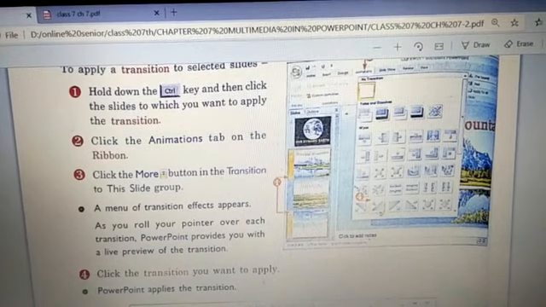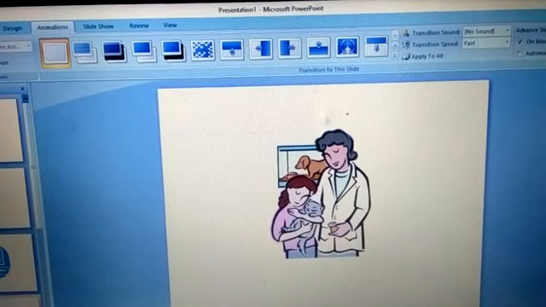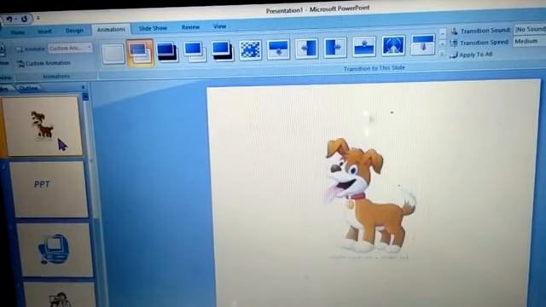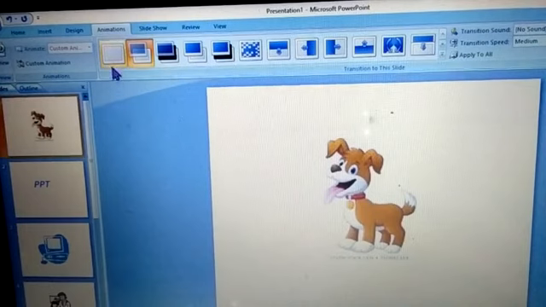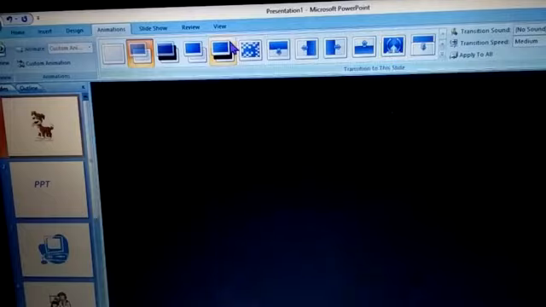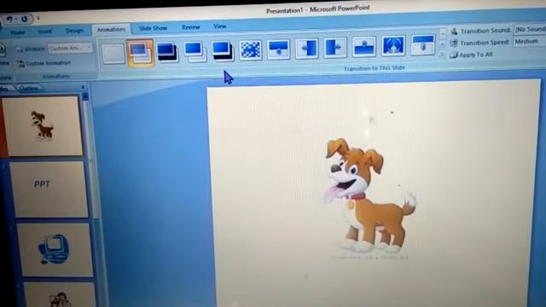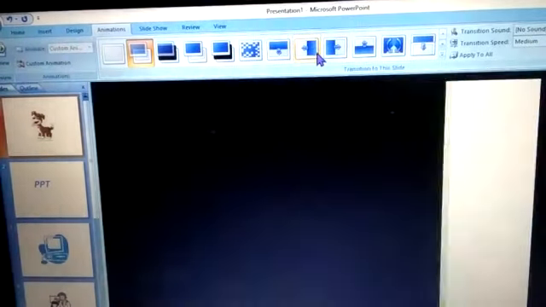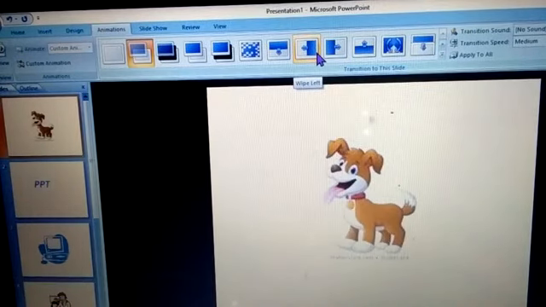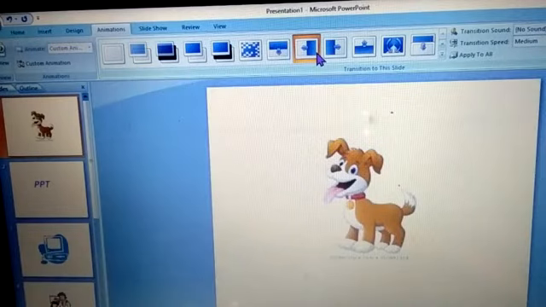Fine, let's go to our presentation, and let me just change this orientation. See, as I click on my first slide, it is selected. Now you will go to the animation tab. In the animation tab, the transition to this slide is there, so you can choose from here, and whenever you are hovering on these options, you can see how your slide will transit. Okay, so this is how I want this slide to transit.